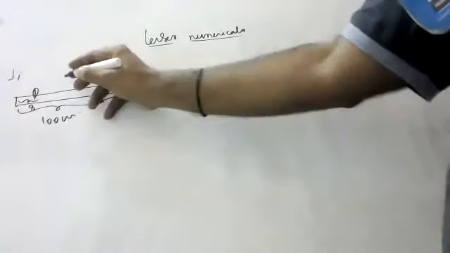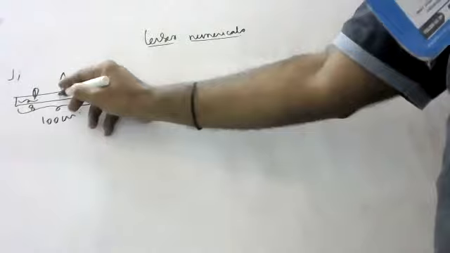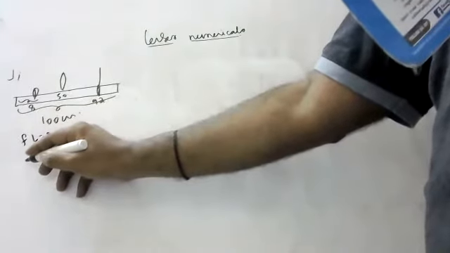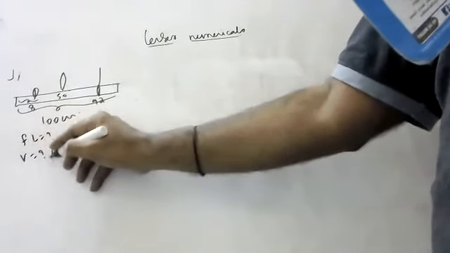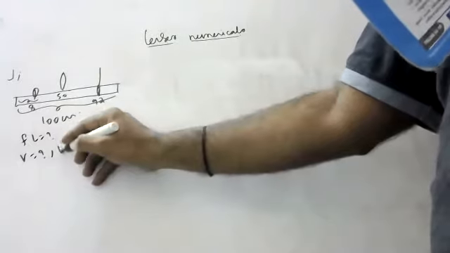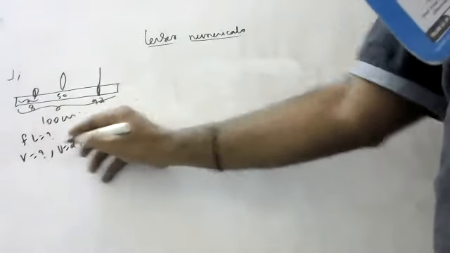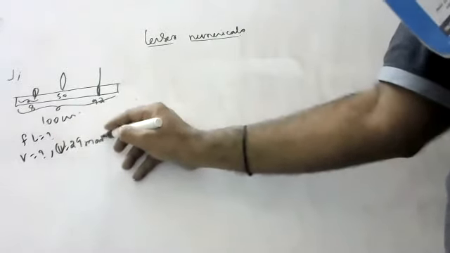A converging lens is kept at 50 centimeter mark. Question is find the focal length. Also find the position of image if the object is shifted towards the lens to a position of 29 centimeter mark.